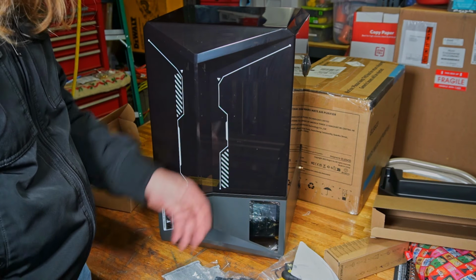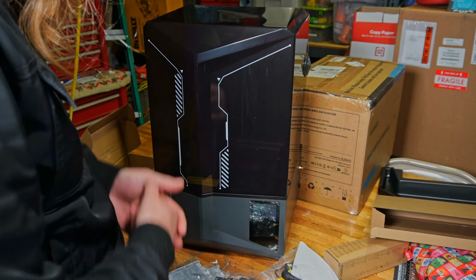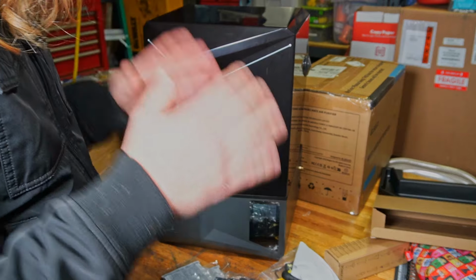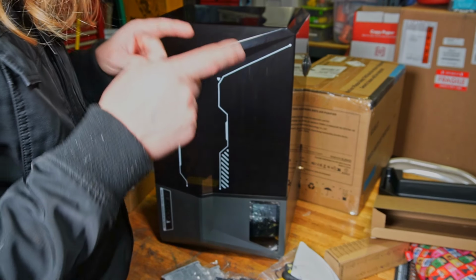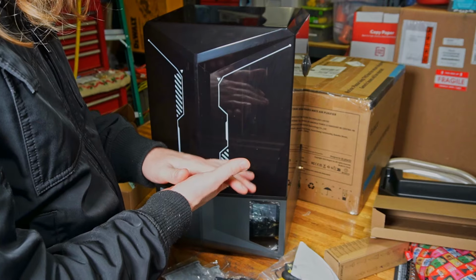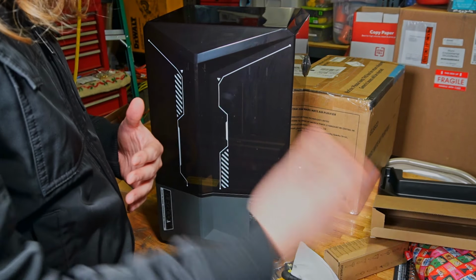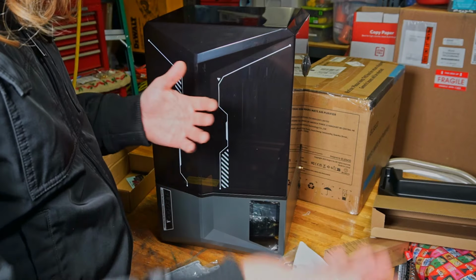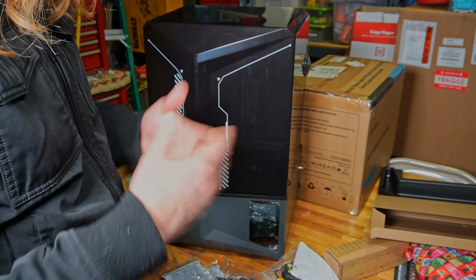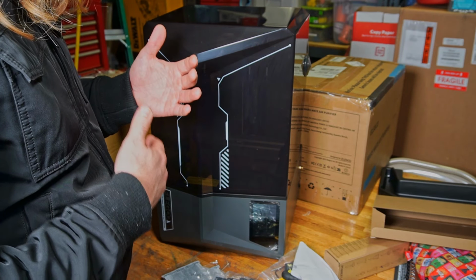They're still doing the bundle sales, they're still doing the Black Friday thing. Definitely check it out, and if you miss it, it's okay. It's not the end of the world. I was surprised that it was cheaper to buy it directly from them on their site than it is on their page on Amazon. And it actually makes sense because Amazon has to take a cut, so naturally it's going to be more expensive. So I'd rather buy it directly from them, and then if I have warranty issues or anything like that,